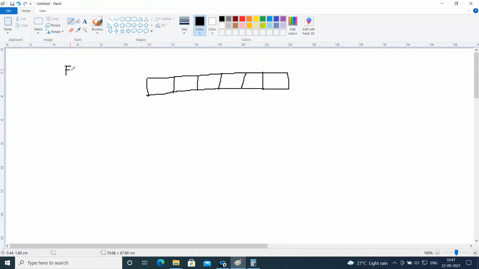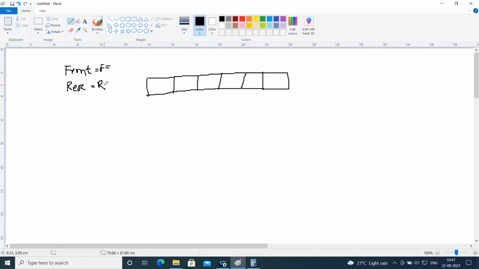Then I'll be using two indexes. One is front, let's call it F, and then there is rear, I'll call it R. Initially there is nothing. Like in the case of a top, where we used a numeric index of -1, we have also seen the logic of how to handle plus plus and minus minus if you start at index 0. It depends on the programmer's view what the value of the index will be at the initial position.